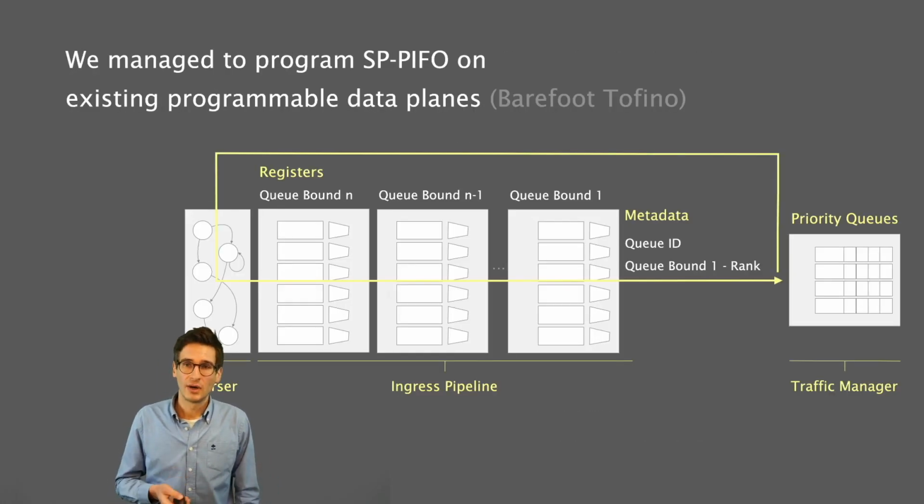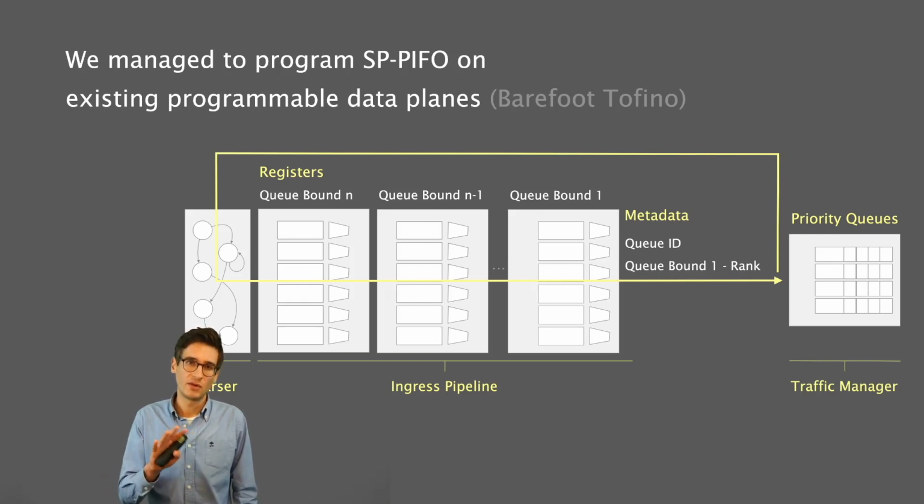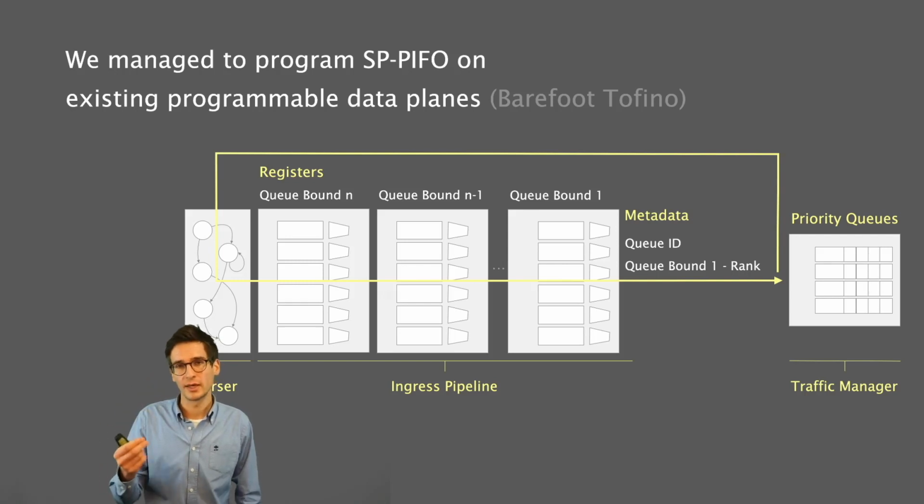So the implementation, I will be brief here because I really think I'm running out of time, but essentially you can implement this in P4. It's actually not that hard to implement if you think about it, and you can also implement it on the Tofino target. And what you need to do is to maintain this queue index, 1 per queue, and you can just spread them around in different stages. And then as the packet flows across your ingress pipeline, you're remembering what is the queue that that packet should go to according to these different indices,